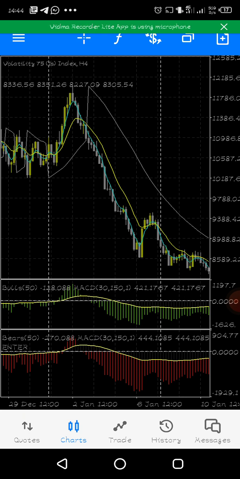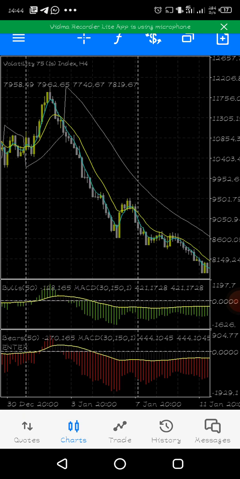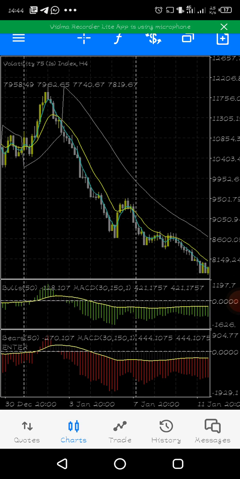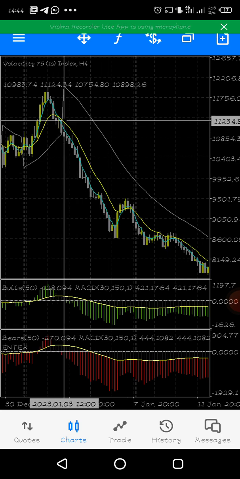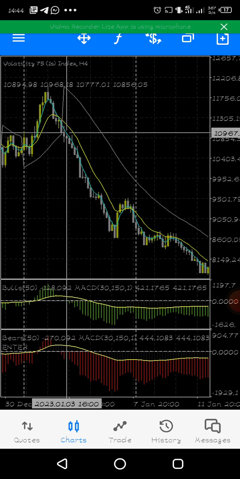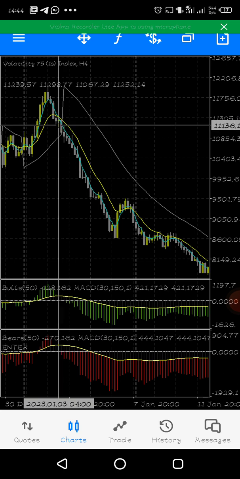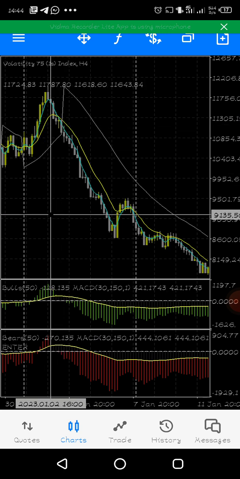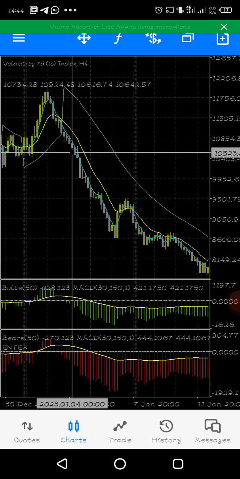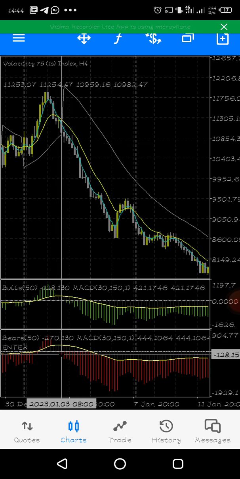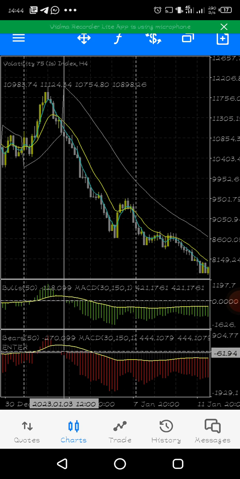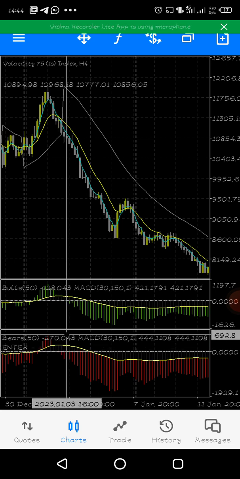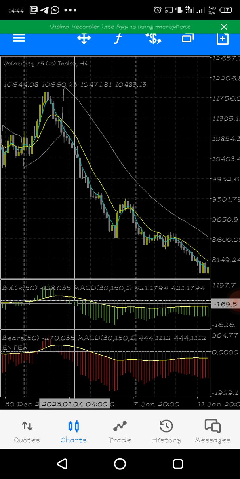So how do we get entries on these bulls and bears power? Let's see. Immediately my market crosses on these two moving averages, that's an indicator for me to buy. Now look at here. If I am selling, I look for bear market. If I'm selling, I look for bear market. If I'm selling, I don't look at what? Bulls market. Why? Because